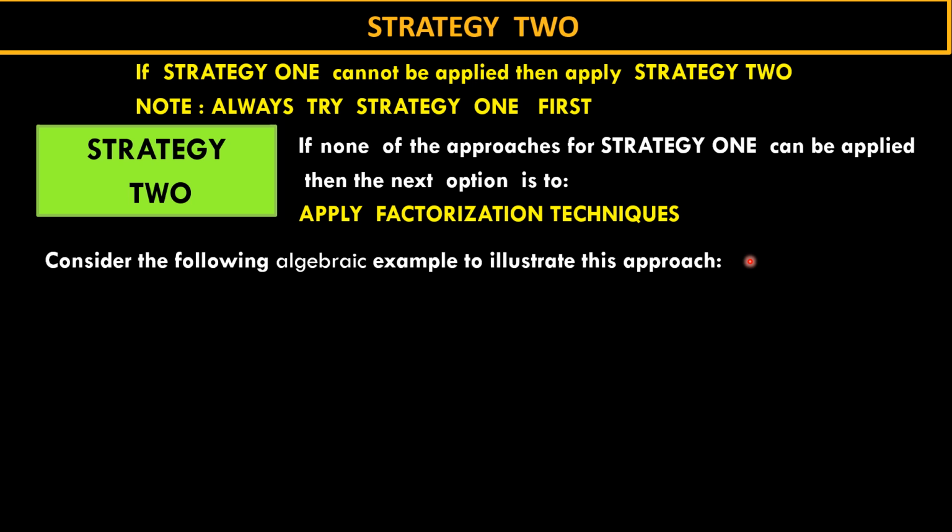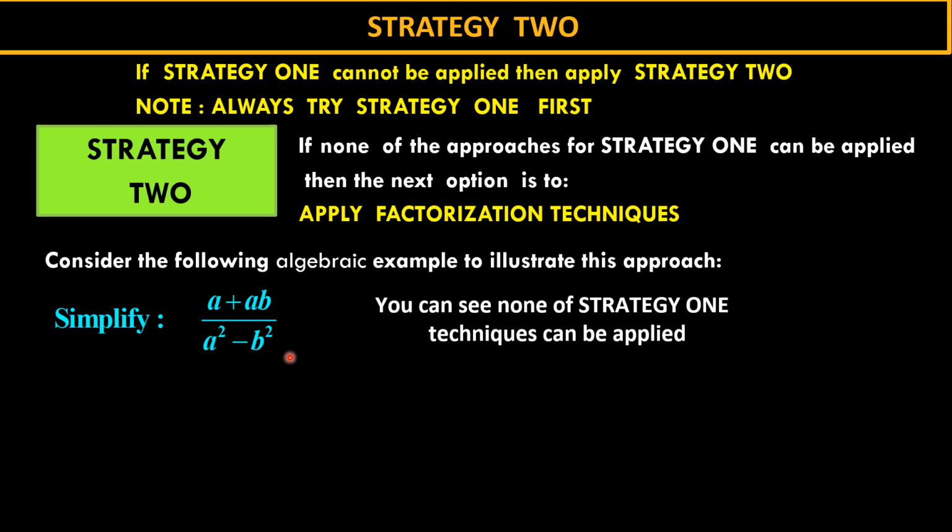Okay, so to illustrate this, let's look at an algebraic example. Here we're required to simplify this expression. So we look at the numerator. There's nothing I can add there, right? There's no like terms. If I look at the denominator, no like terms. I can't even cancel here, right? So I can't add or can't subtract or I can't cancel. So the only other option for me now is that I want to use